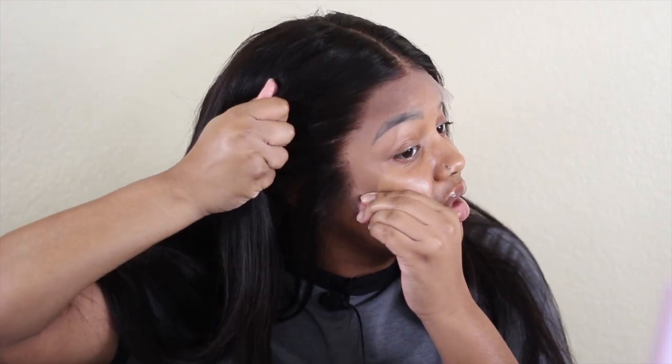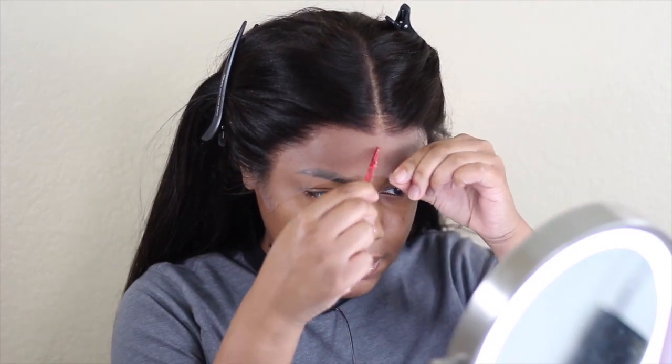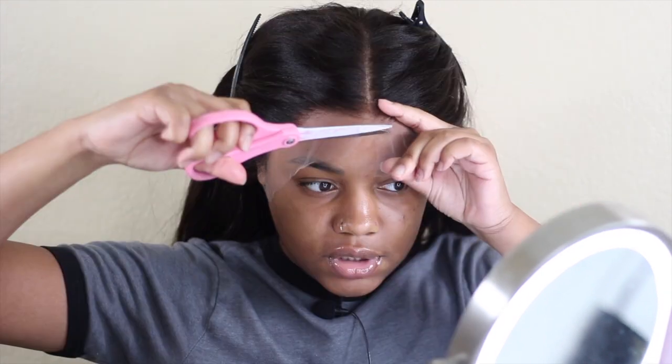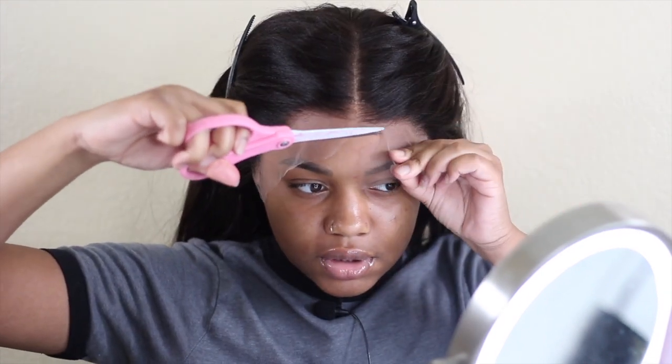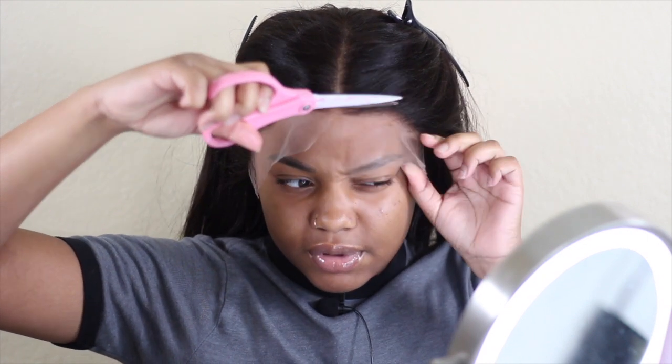But the only thing about that is if you pluck it any more than it already is, then you'll see that line of demarcation showing where the fake scalp begins. So that's the only thing that really irritates me about these. I'm just going to cut the lace, and this lace is super thin, so that's a super plus,